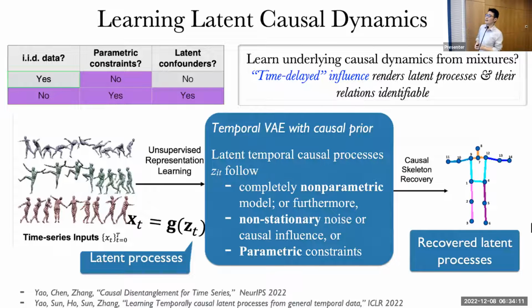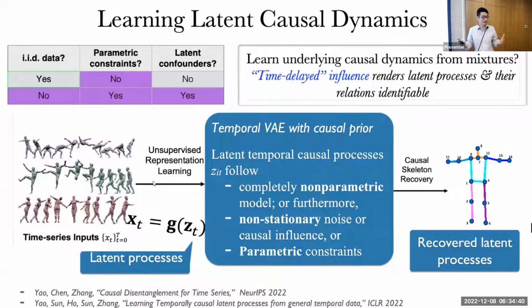Let me talk about this setting. Suppose we have video data, right? We can consider video data as a high-dimensional time series. And we assume that video data is an invertible arbitrary nonlinear function of the underlying latent processes. The latent processes can be causally related. The only assumption is that for the latent processes, it must take some time for the causal influence to take place. So for the latent processes, there are no instantaneous relationships, right? We are talking about time series, it's totally fine.